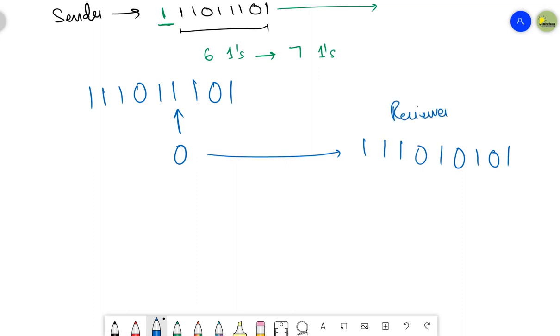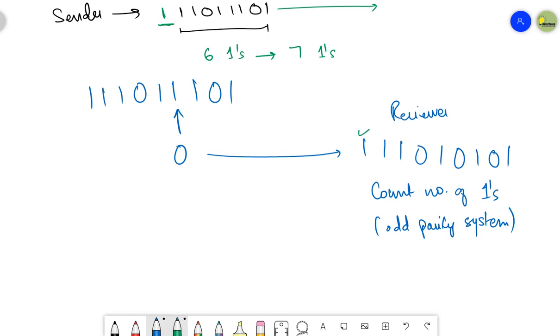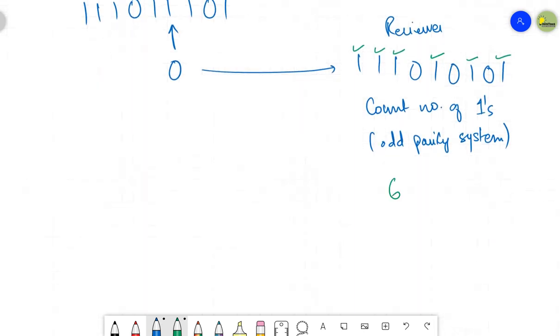So how is this receiver going to check for the error? Again, it is going to count the number of ones. Keep in mind that the sender and the receiver are using the odd parity system, and in the odd parity system, your sent data must have an odd number of ones. But when the receiver counts the number of ones, it comes to 1, 2, 3, 4, 5, 6. So the number of ones is even, 6 ones